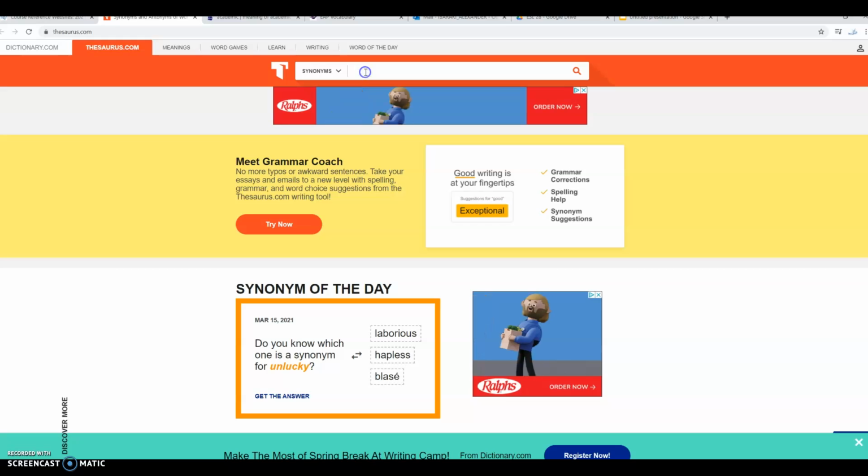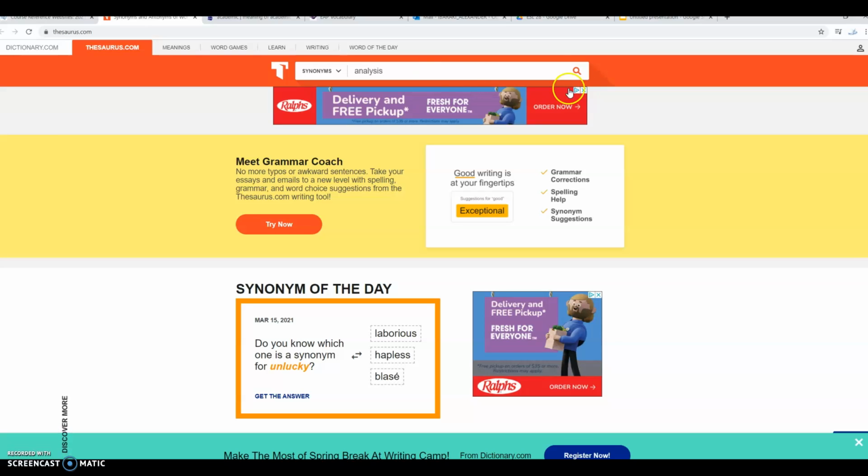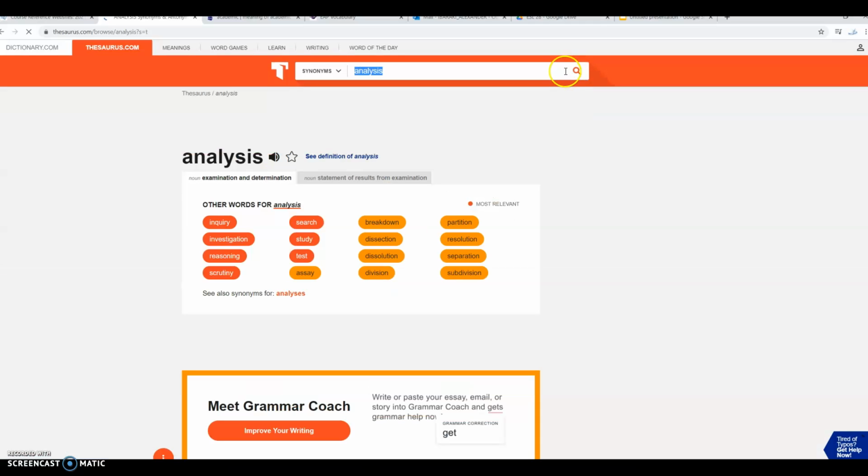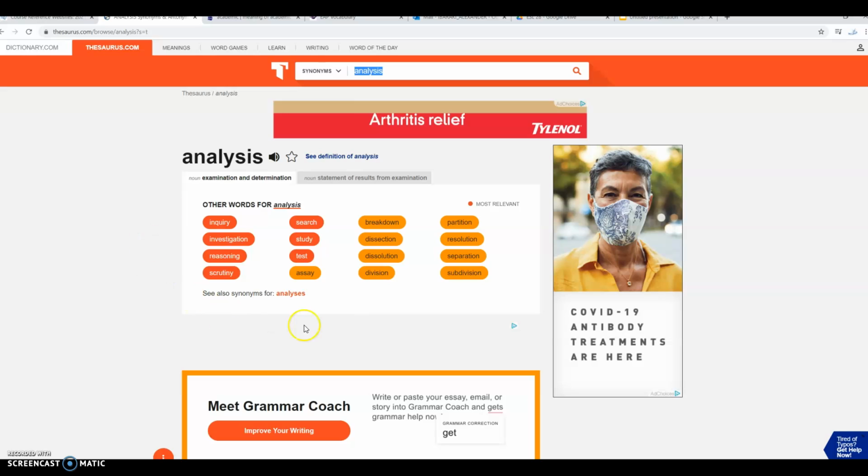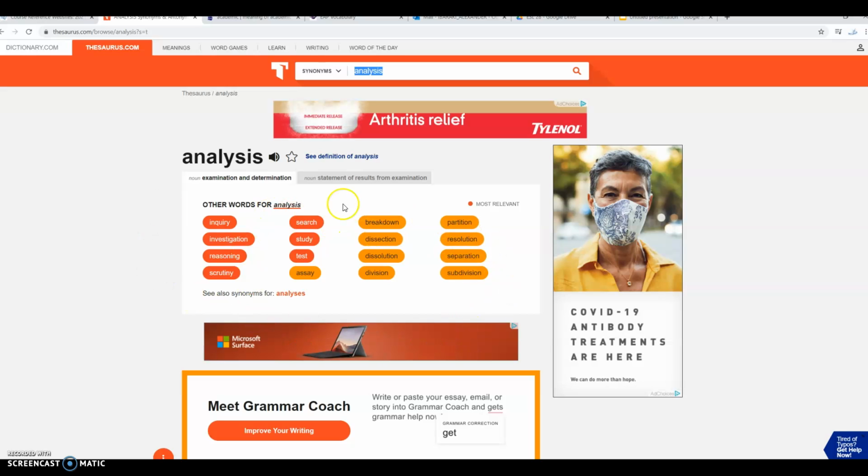And then at the top, you have the field where you put in your word. We're going to look up synonyms for the word analysis. So I'm going to type in analysis, hit search, and then we come up with this page that gives us a whole bunch of different synonyms, but